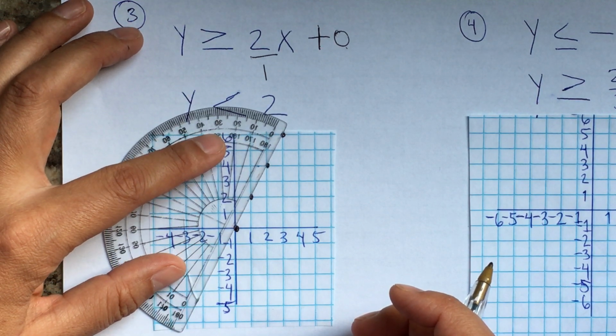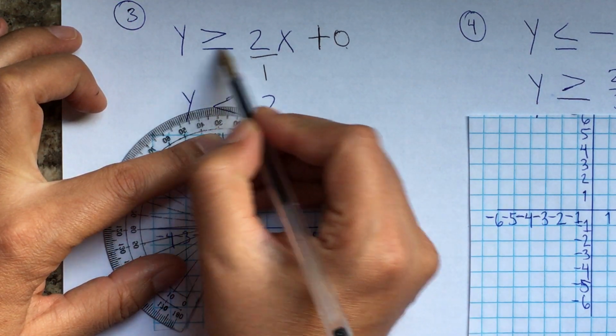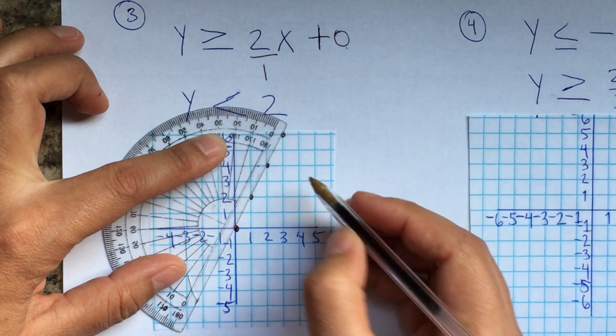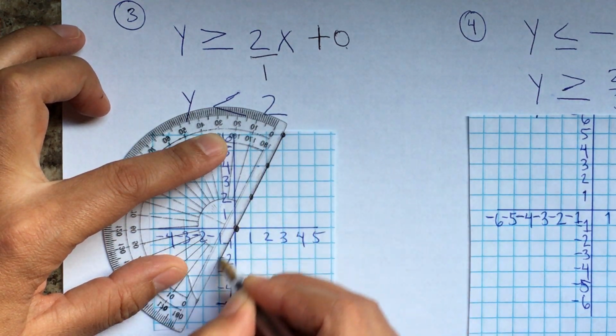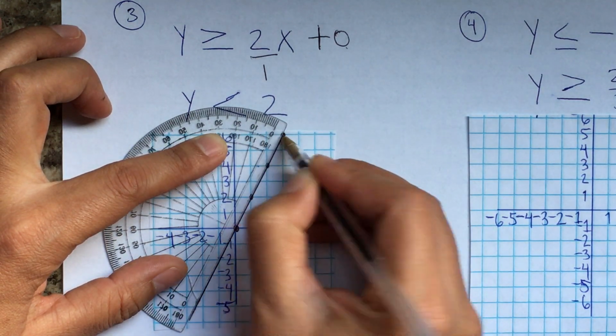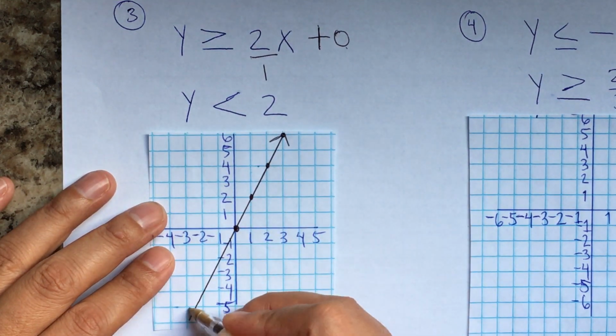What kind of line am I going to have? Well, it has the line in here. It has the equal, so you're going to make a solid line. Okay, and,